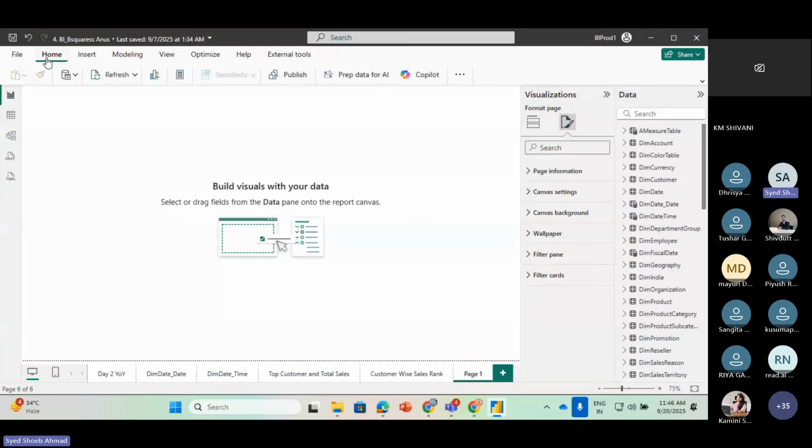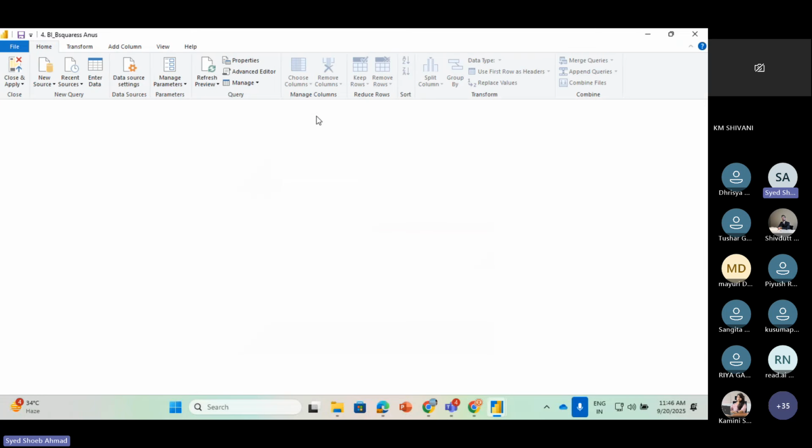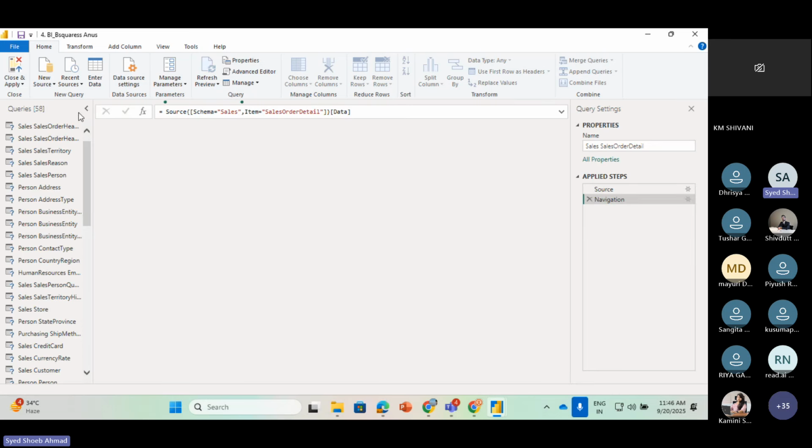If you go to the Home tab and next, this is Transform Data. If you click on Transform Data, it opens another window in Power BI Desktop called Power Query. Here you can transform data and add manual level calculations. Here you manage, you add a parameter, and you can also connect multiple data sources. So tomorrow I will cover